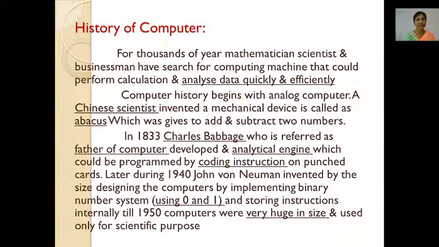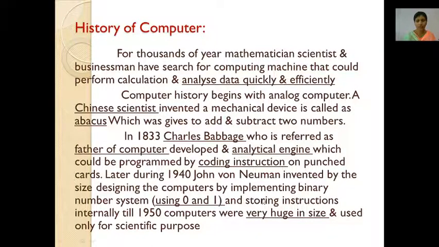But the user cannot understand that binary format, so there is a compiler. Again the compiler converts that binary information into a user understandable format, meaning English-like language. That result is displayed on the monitor screen, so the user can easily understand that result.